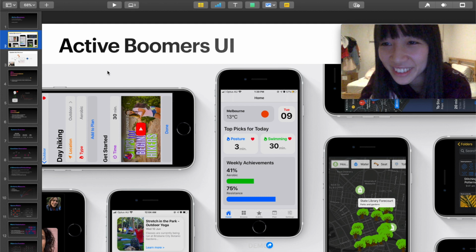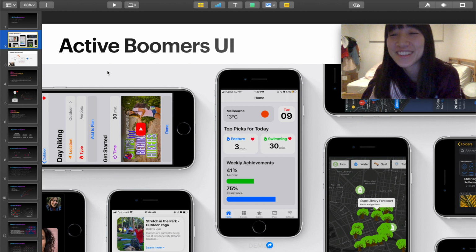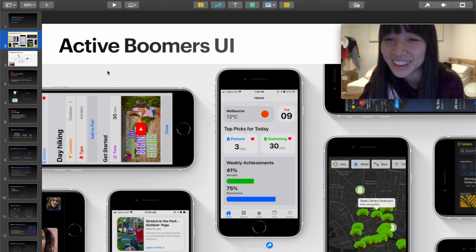Now, this is our UI. Well, people always say that we have great UI, but I disagree. I think that we have gorgeous UI. And that's only because I was the UI designer in this project. I can be a little biased. Anyways,